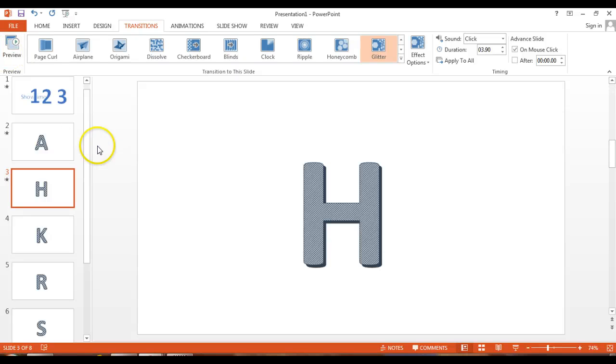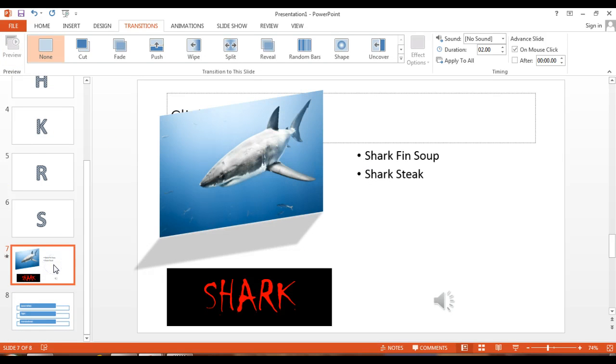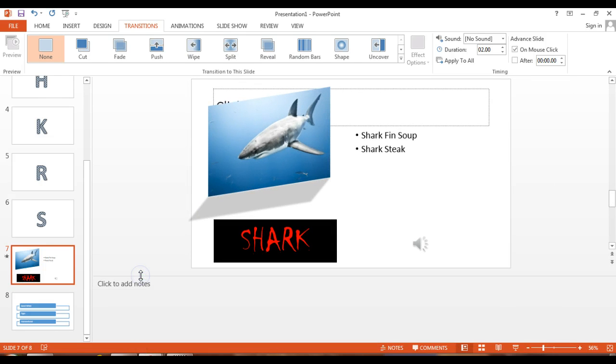Okay, let's head back to our shark one. Now we're going to add some information, but we're not going to add information to the screen or the slide itself. As you're presenting, you might want some notes on this just to remind yourself what maybe more you have